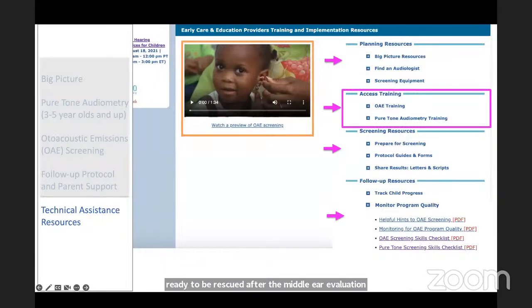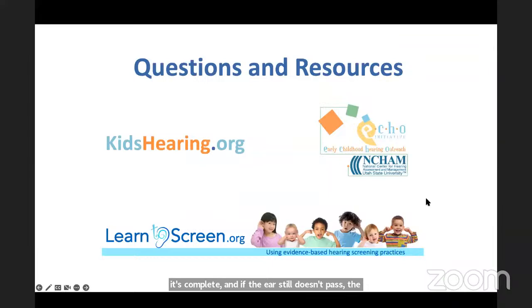So spending some time to ensure that you're following these checklists, regardless of which method you're using, is the key to being sure that you're implementing evidence-based practices. So if you have more questions here,